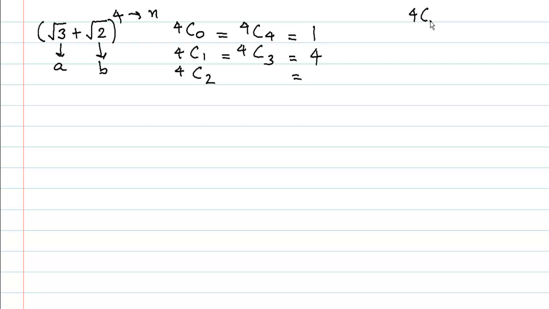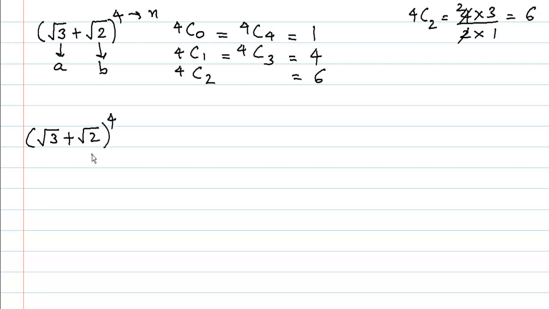So 4c2 is equal to 4 into 3 upon 2 into 1. So 2 1s are 2, 2 2s are 4, 2 3s are 6, 6 upon 1 is 6. So we have 4c2 as 6. Let us rewrite the question. Root 3 plus root 2 the whole raised to 4